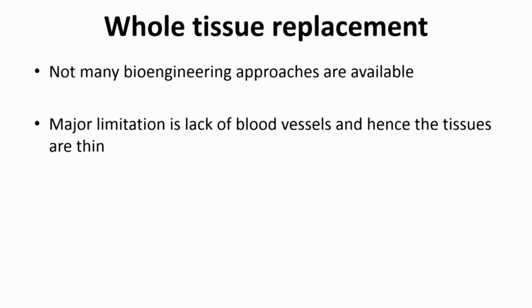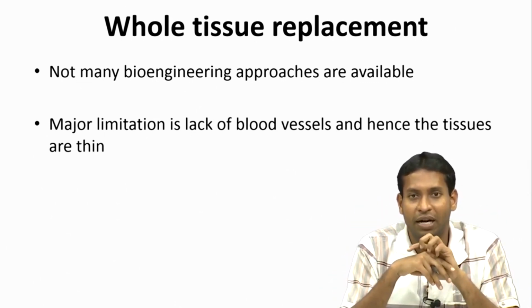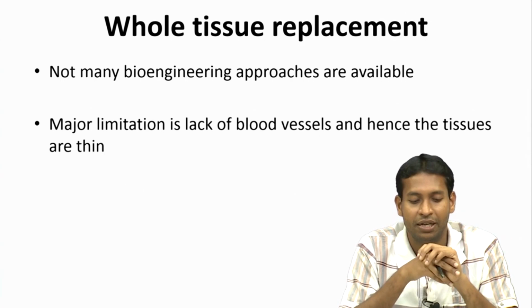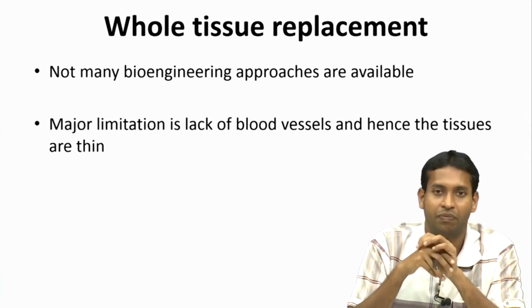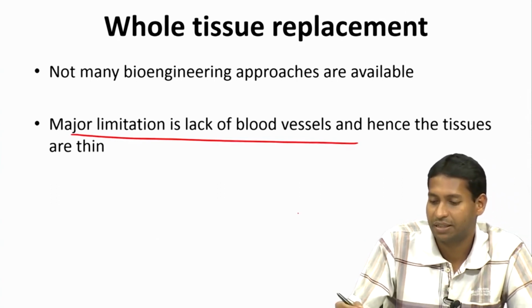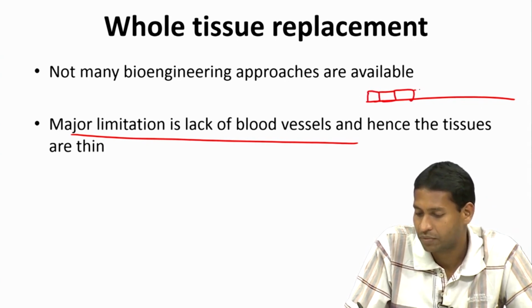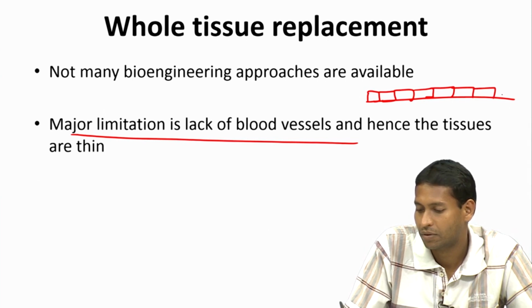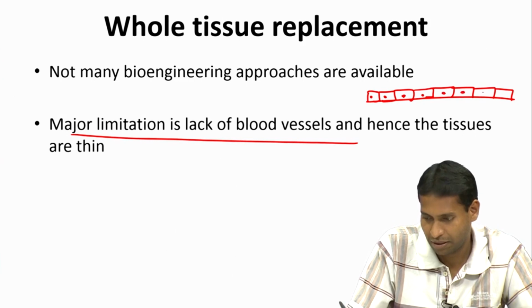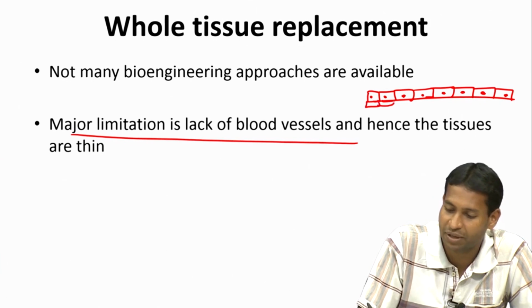So on this whole tissue replacement, there are not many bioengineering approaches that are available. You can't really grow a whole tissue in the body or outside in a dish. The problem there is the problem of size. The major limitation is a lack of blood vessels. If I have a single monolayer of cells, that survives very well in a laboratory setting,